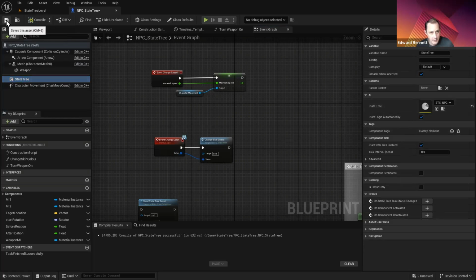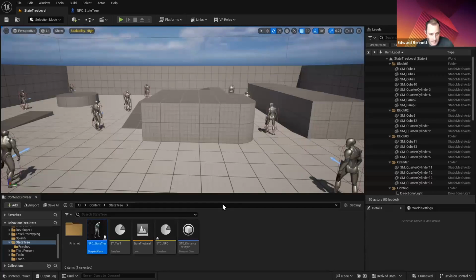I'm going to go compile and save. So that's all you need to do. You don't need to tell it to run because it will start logic automatically unless you untick this box. So by default, this will run out of the box. Okay, so now I'm going to compile, and I am going to jump back into the